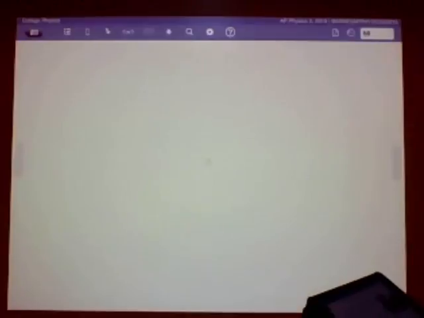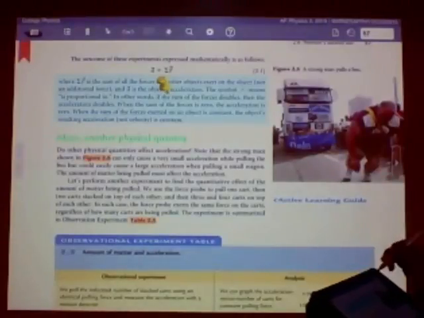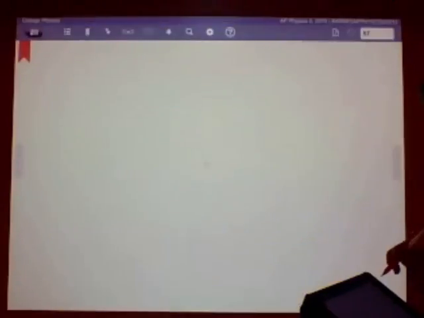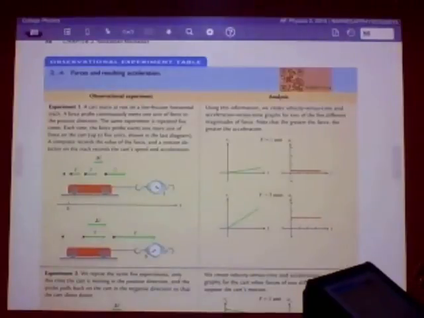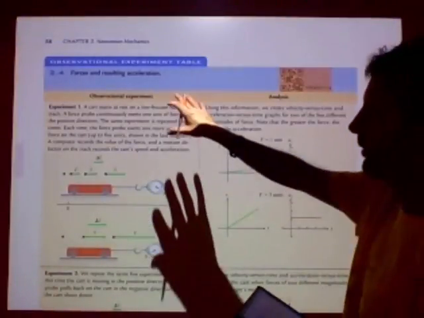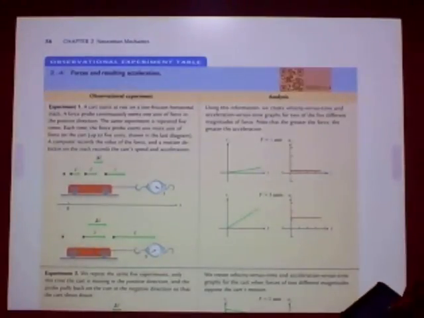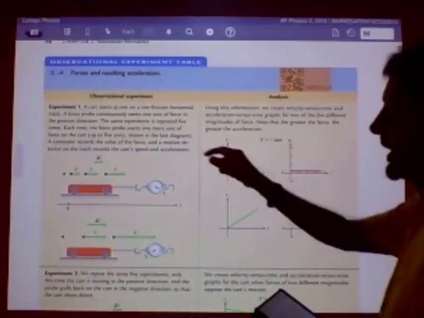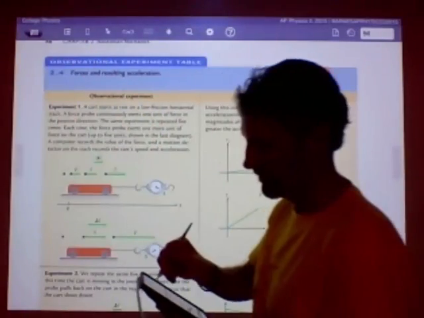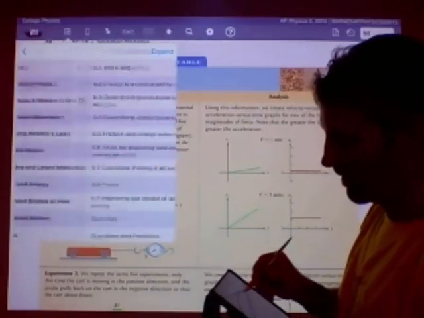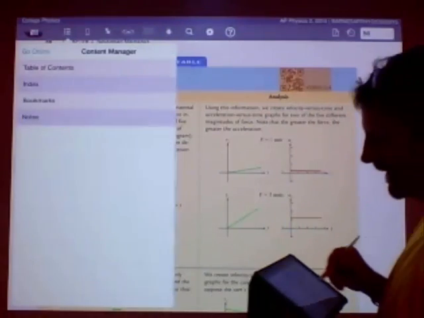Or if you want to go back to, let me jump to this, there we go. I'm going to jump to this page, and I want to go ahead and find my bookmark. I went to a different page than I was on from the one I bookmarked. To do that, you go back to this little index over here on the left-hand side, and go back again,